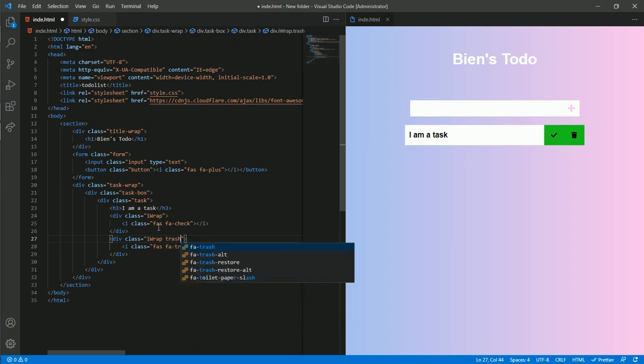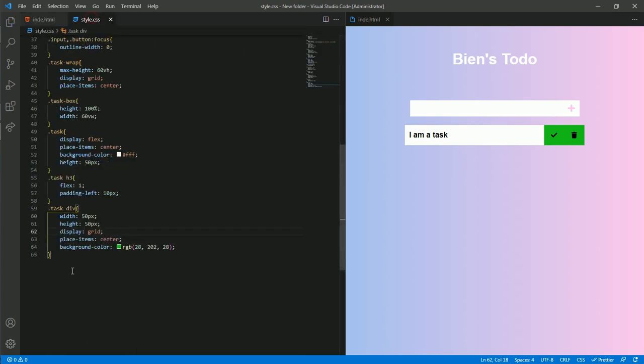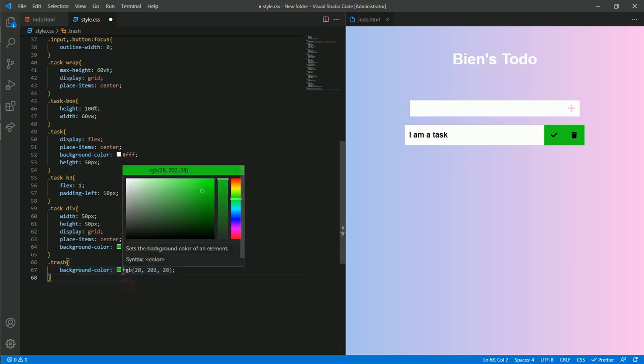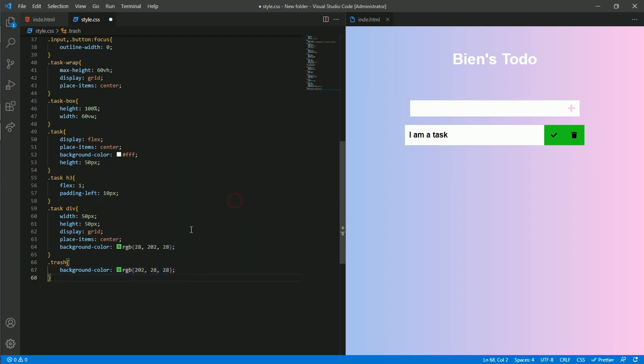Just this. It does not need. And we will make it red. Nice. So, and we will take this